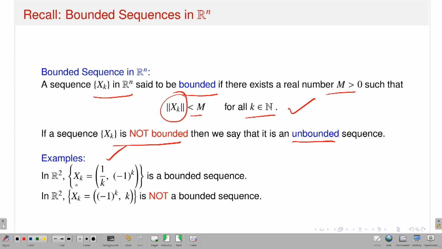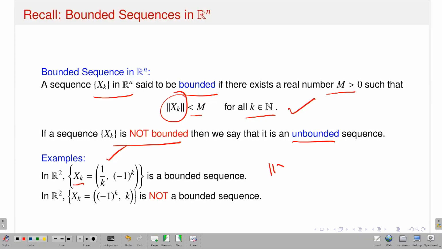So now look, this is xk. Of course, you can just prove directly that it is a bounded sequence. That means you have to define the norm of xk, which is nothing but the square root of 1 by k square plus 1, and which is always bounded by square root of 2, and this is true for all k. So, that is fine, just using the definition you can prove it. Later I can also give the argument that this component sequence is bounded, and this component sequence is bounded, and therefore it is a bounded sequence.